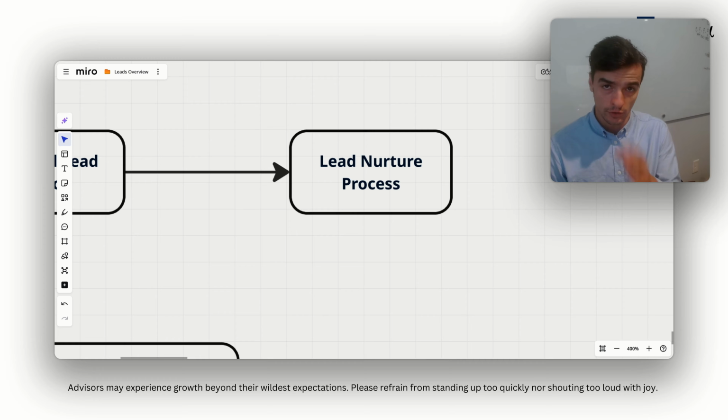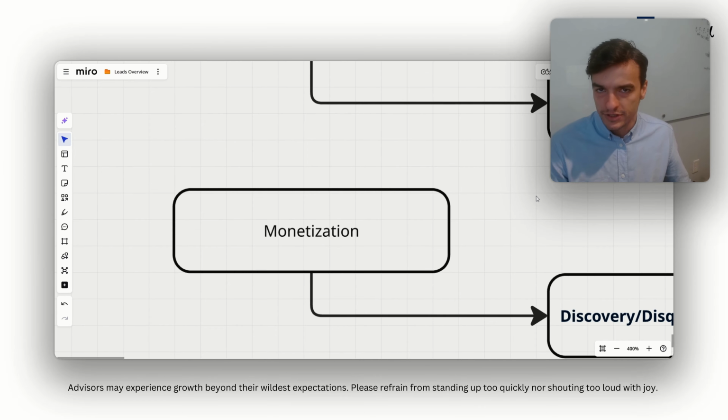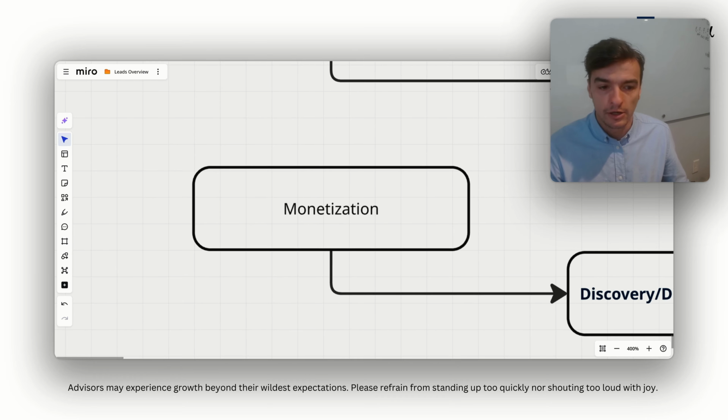After the nurture process, when there isn't an issue here, so there's always going to be ways that you can criticize your current model. None of us have a perfect client acquisition process. A better way of framing it is a sales engine. If there's a sales engine that's functioning, pushing people into a sales call or a discovery call, a disqualification call, then you have a functioning, at least, acquisition model. So you're bringing people in.